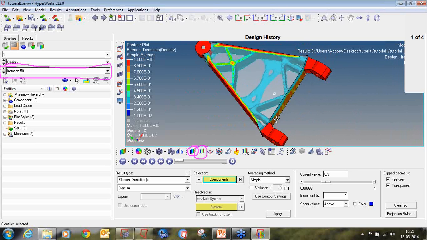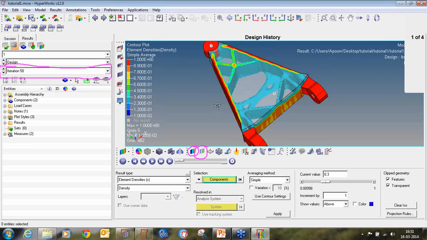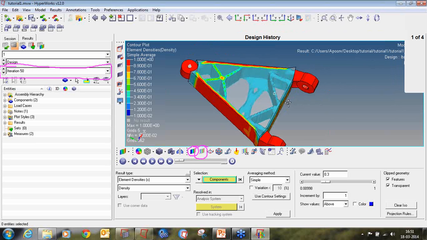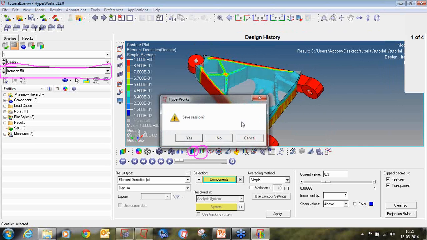And it is a symmetric removal of material. As you can see along this axis, the material is removed symmetrically, so it is quite easy to manufacture also. We have to see after the optimization whether the component is manufacturable or not. If we remove the material and the manufacturing cost is increasing, then there is no point in doing the optimization. So the optimized material should have a proper manufacturing process, so it's easy to manufacture that component also. You can see this is quite easy to manufacture. So I will close this.